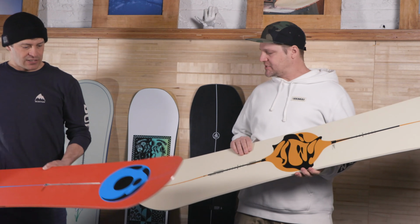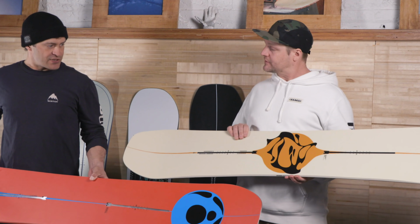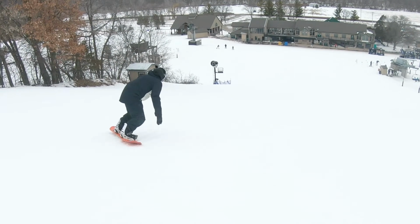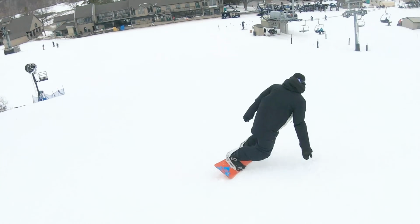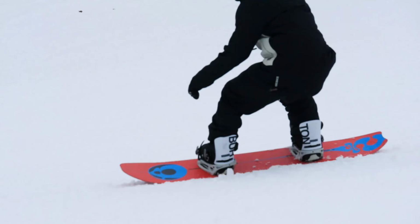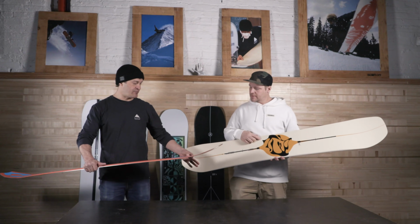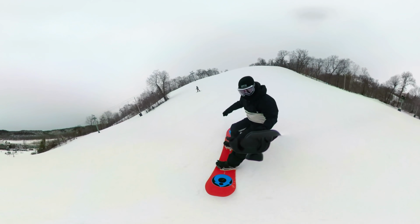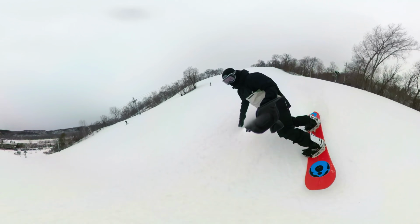We got two boards that are similar, but they're completely different at the same time. Yeah, so Danny's boards, you got the Thinkers. So you got the Deep Thinker, which is definitely the more all-mountain freeride model, which is tapered about 7 millimeters, sorry. But balanced freeride again, past that upturn. So you still ride switch really well, but you got that longer, wider nose to give you a little bit more